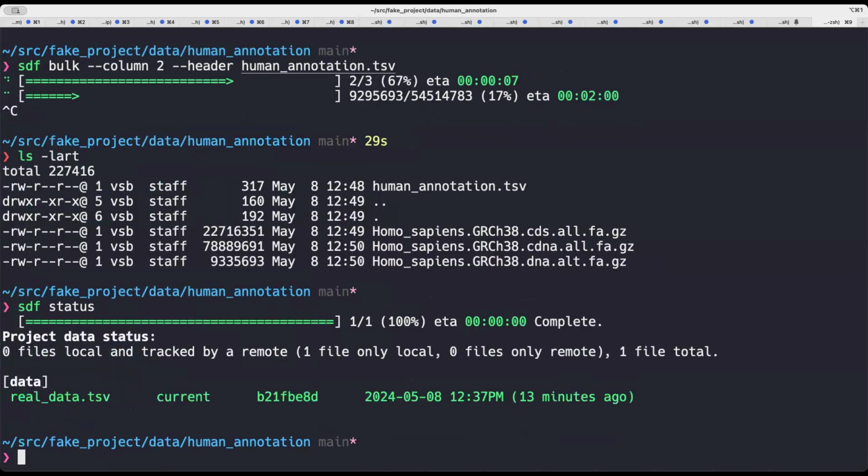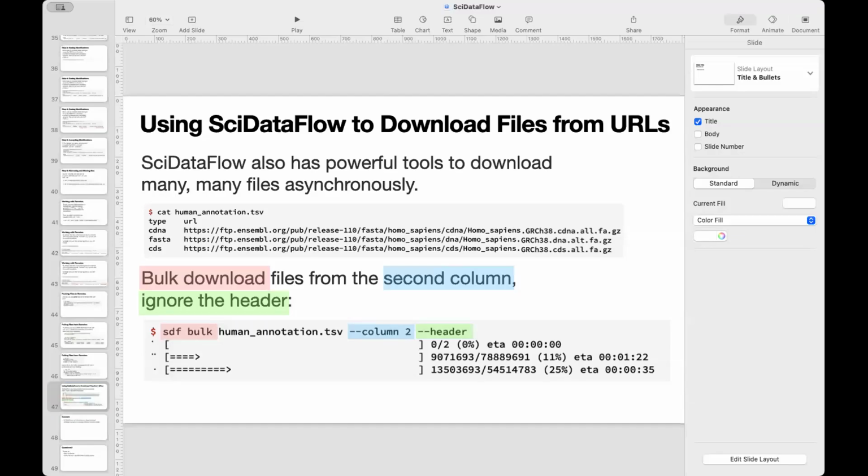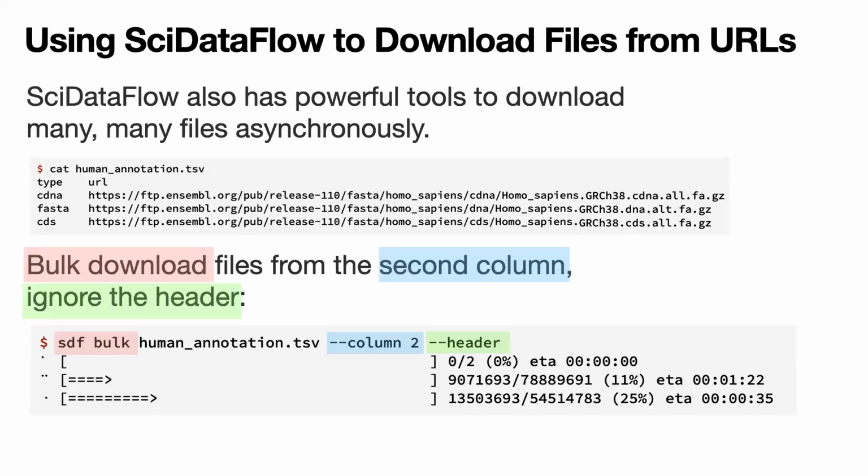You see that none of these have actually downloaded all the way, which is why they haven't been put in this repository yet. But let's see. I think that's pretty much the end of the talk, but I want to mention one other thing, which is that I created something called SciDataFlow assets, and the idea is that there should be some sort of community curation of these data